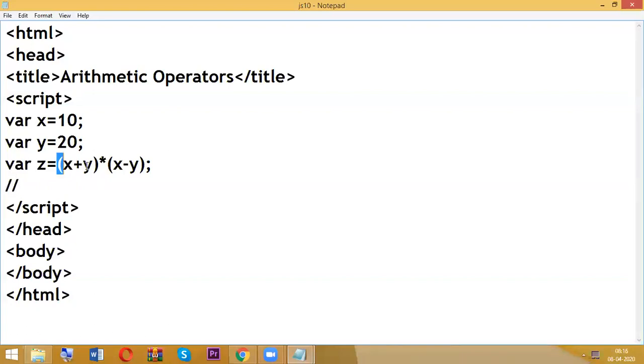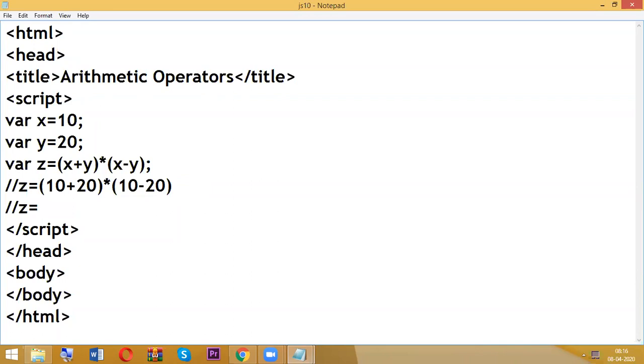So here, what is x plus y? x plus y is nothing but 10 plus 20, into 10 minus 20.